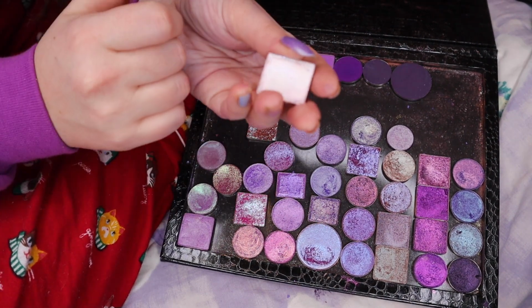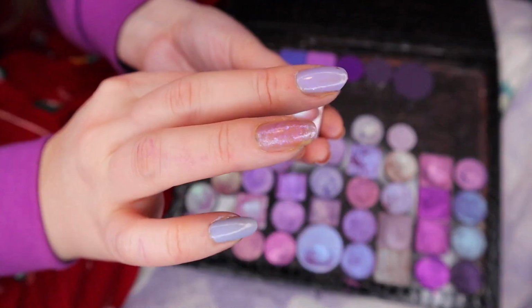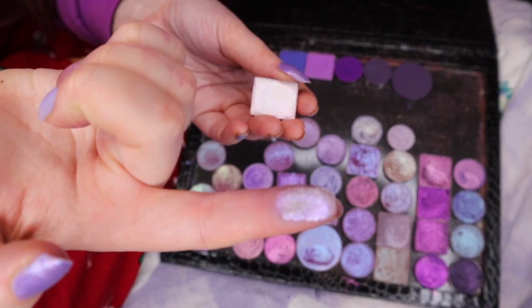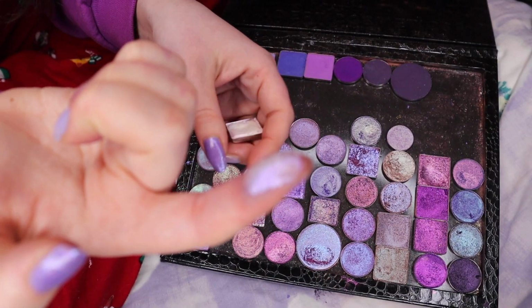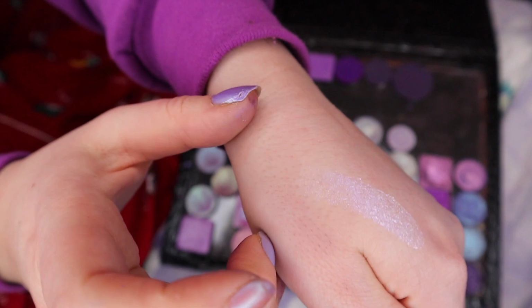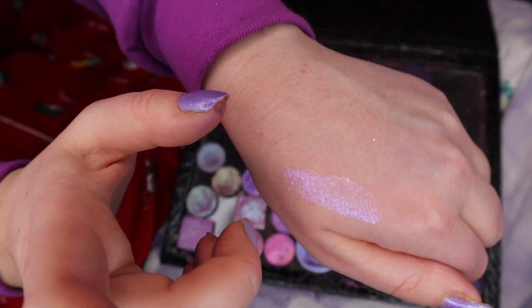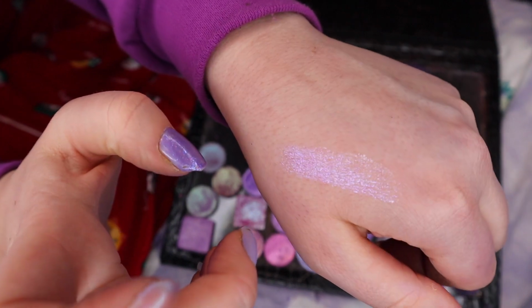This is an iridescent. This is UV from Cleona. I use this a lot in my inner corner. It's not as shimmery of a shade as a lot of other iridescent shadows I have, but it has a really nice glow to it. Definitely doesn't look as pronounced right now as it does at times in my inner corner, but trust me, it's